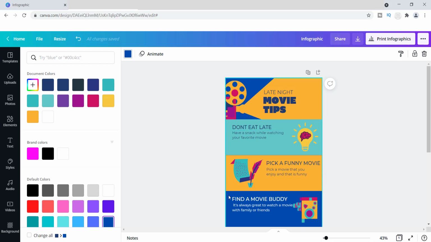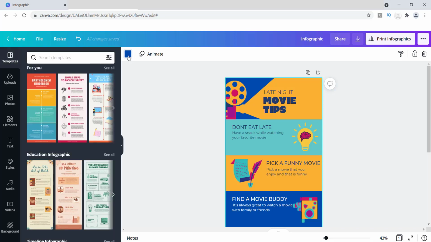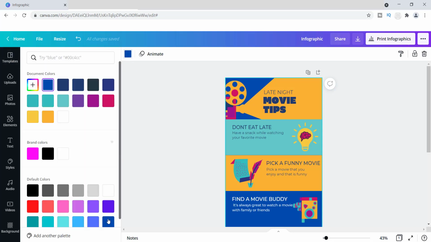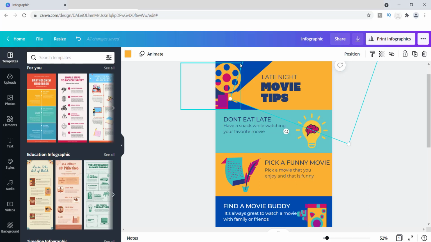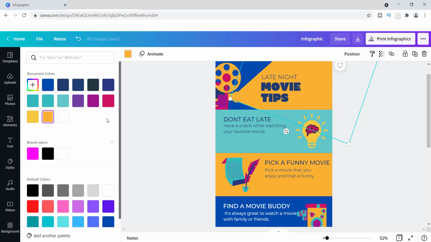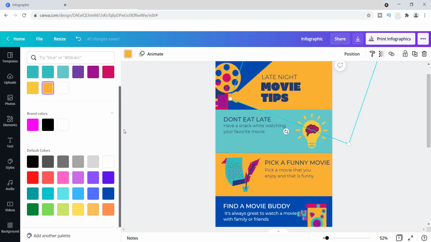So I'm going to change this color right here, and I should be able to easily do it. It should change with no problem. See if I change it. I think it has changed. I'm going to increase the size just a little bit more so you can see exactly what I'm doing. And looks like we have the color already in place. So that blue is already in place. And what I'm going to do now is change the background to the other colors. So I think I'll use white for right now,